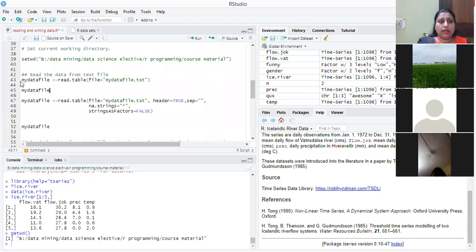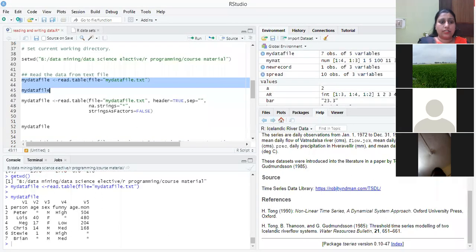To read the file from the table, in your course material folder, I have a text file, and the name of the text file is mydatafile.txt. We just run this file, you can see we have this file. But as you can see, this reading of the file is not right, because it creates a new header for this.